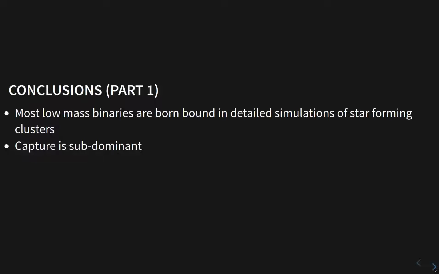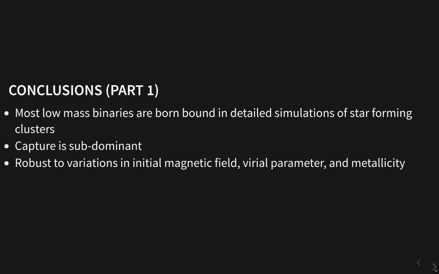Captures subdominant for binary formation. This conclusion is robust to variations in initial magnetic field, virial parameter, and metallicity. So we have the same fraction of binaries bound from birth in simulations where we vary these parameters. And as I've alluded to throughout the talk, this bound from birth origin of binaries